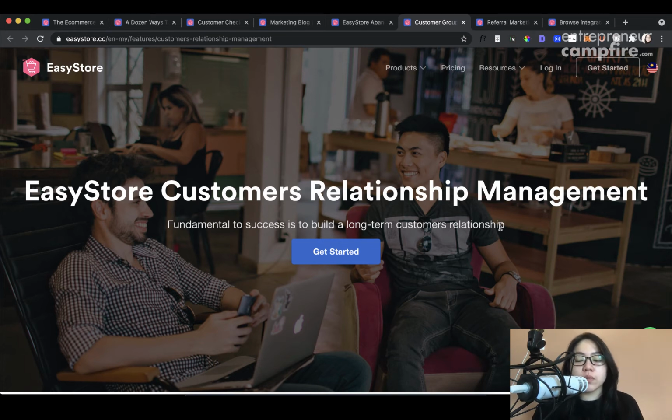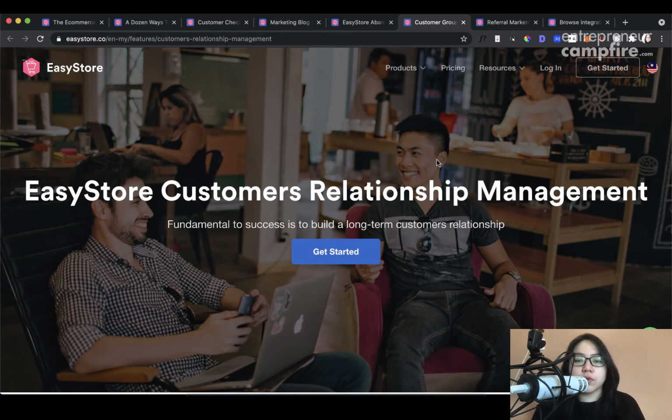So this is normally a tool where people have already bought from you, they're your customers, they're inside your database, and you use a tool like this to manage your relationship with them. Maybe knowing when their birthday is and then sending them a discount coupon, or just engaging with them from time to time by blasting an email or letting them know about new promotions that they might be interested in.